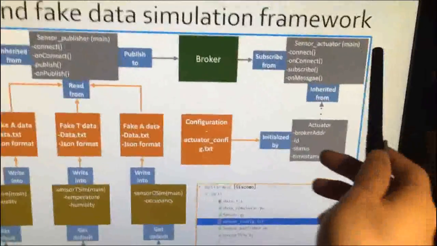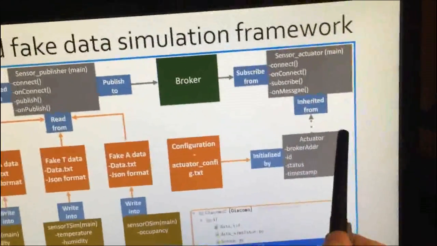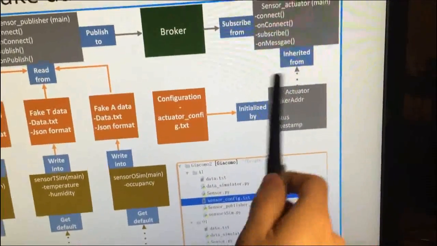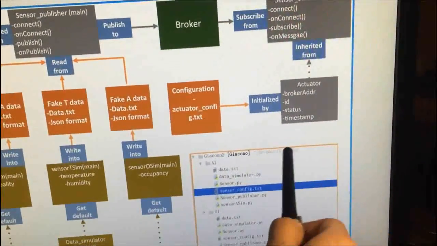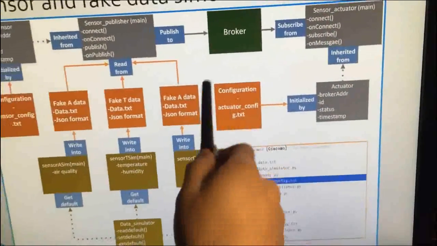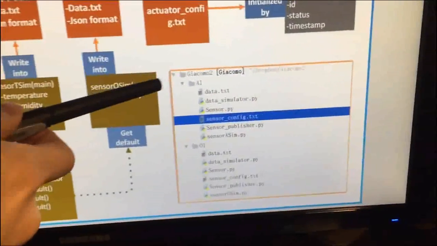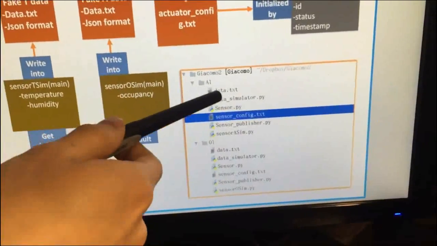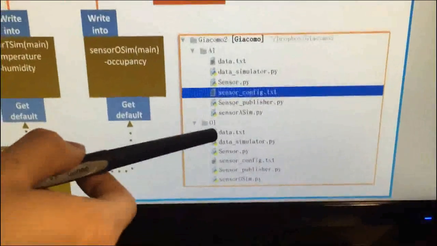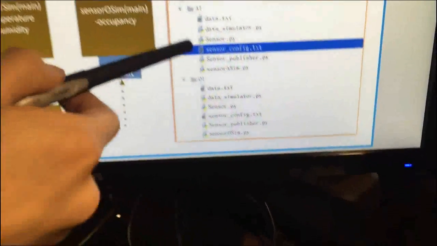After that, the sensor actuator will subscribe from the broker. Similarly, it has the inheritance relationship of actuator, which is also initialized by a configuration file, as you can see from here. Here, this A1 stands for air quality sensor 1, and this O1 stands for occupancy sensor 1, and the structure is the same, all occupied with